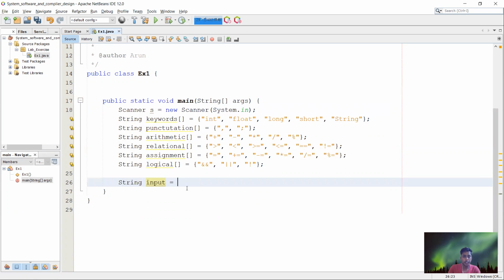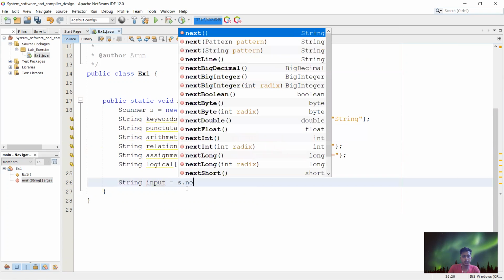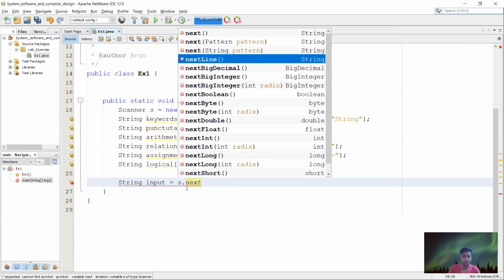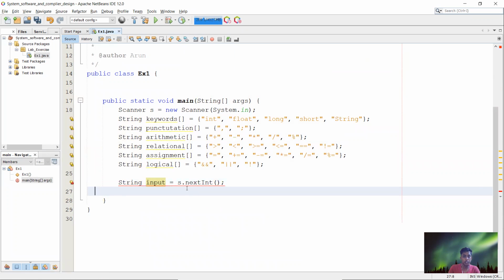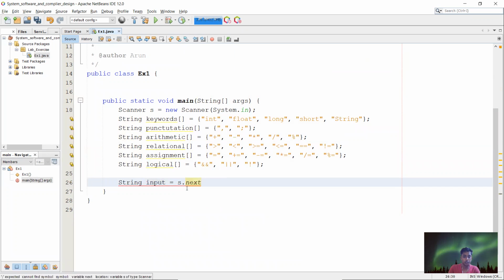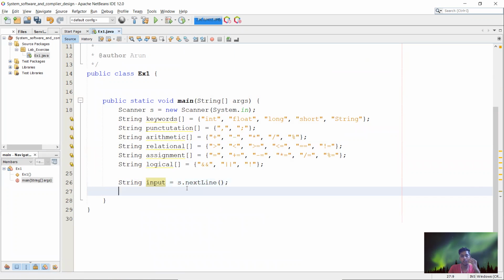For getting input, s.nextInt, sorry, we need to get a string, so we need nextLine. This will get the string, and I'm converting it into a list.